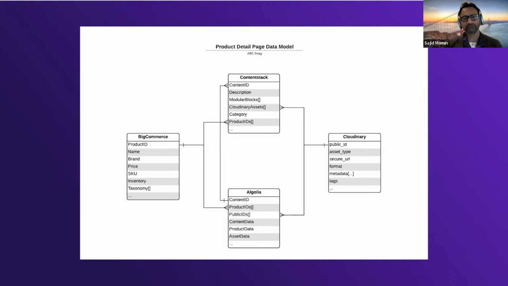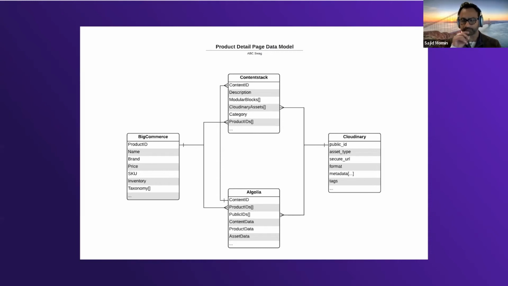Thanks. Now, just like I mentioned earlier, MACH allows you to pick the best of breed. And so in this case, that's where your sources of truth are. For instance, BigCommerce will have your products and categories. Pretty much your inventory will also be managed there as well. Contentstack holds all content that's needed for marketing or any type of content that you might need. And then obviously Cloudinary for your asset management. They have great APIs to make adjustments to your images on the fly. So those are essentially your sources of truth.